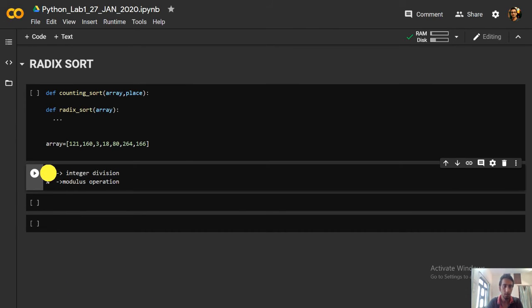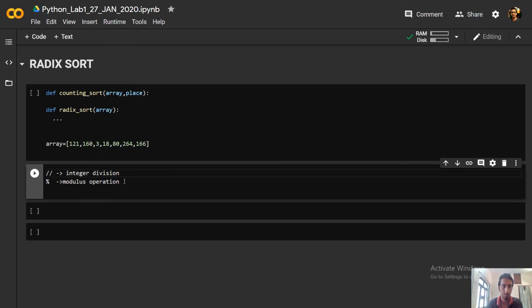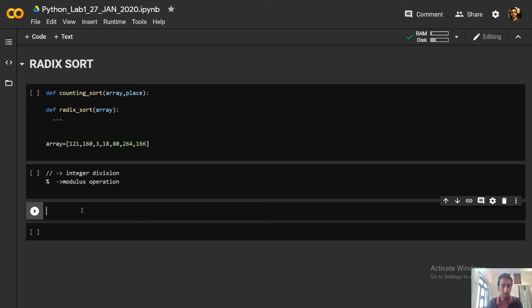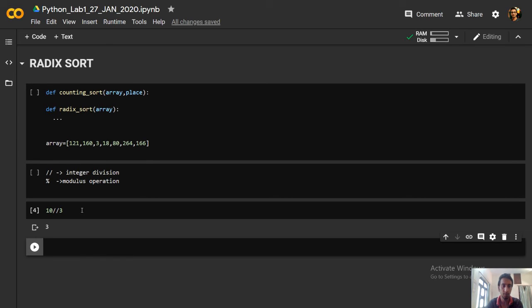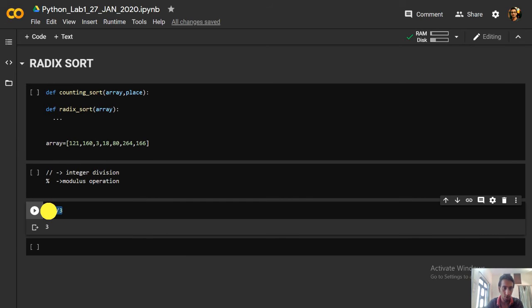Let's take an example: 10 by 3. The exact answer is 3.3 something, but with integer division we get only the integer part, so that is 3, right?